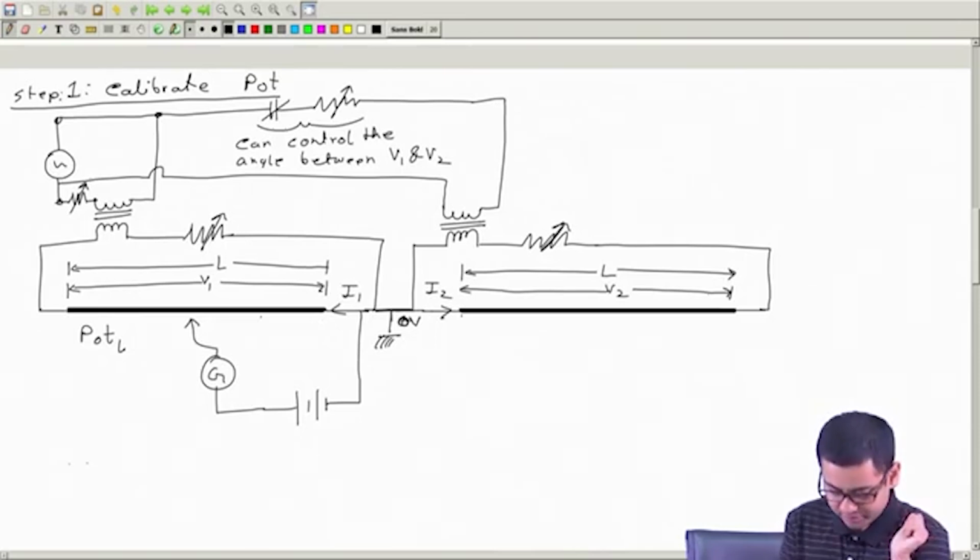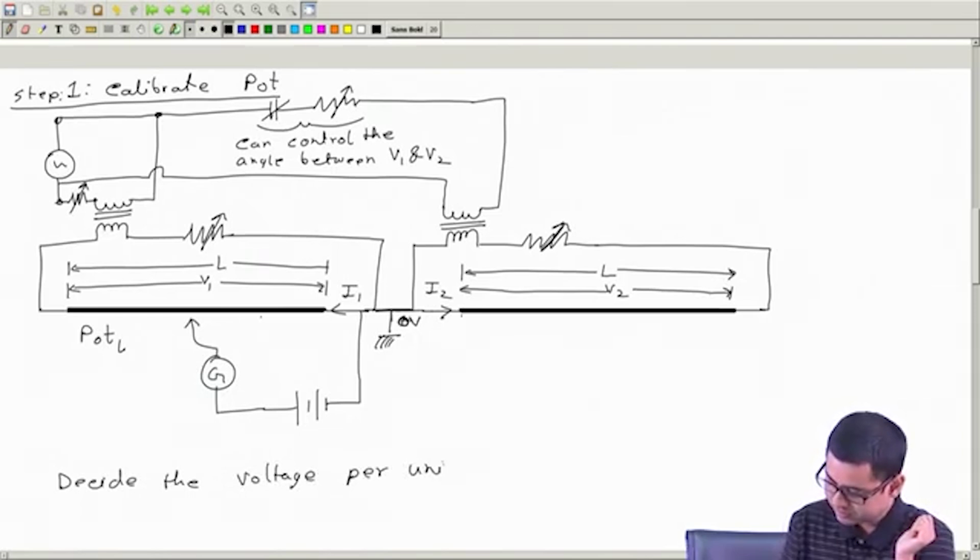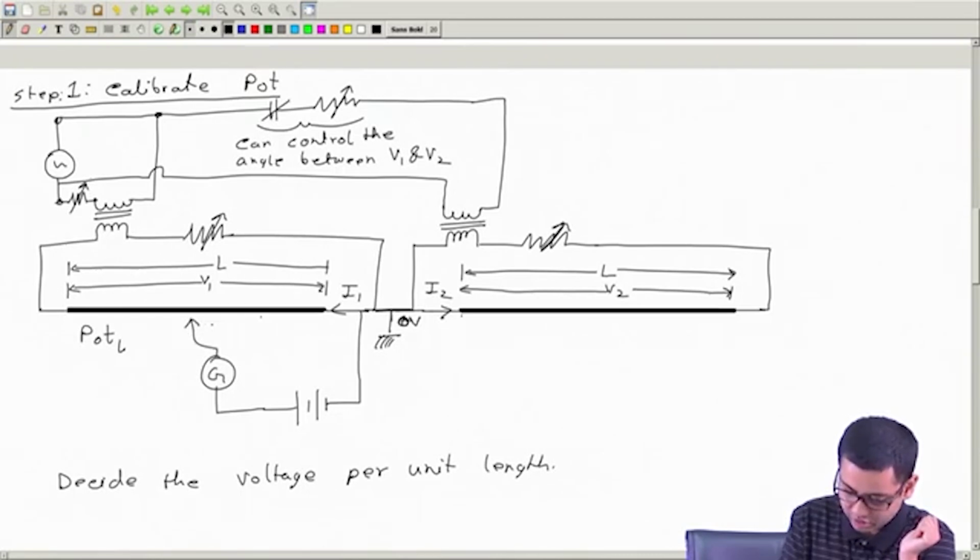So decide the voltage per unit length accordingly. Put the jockey, call this J1, then put